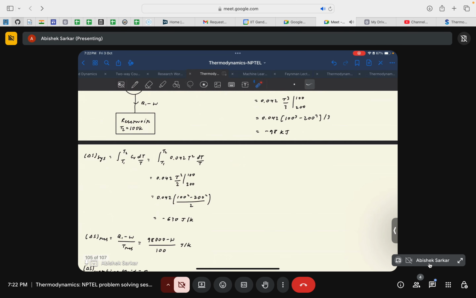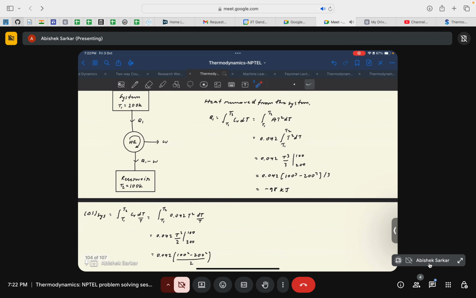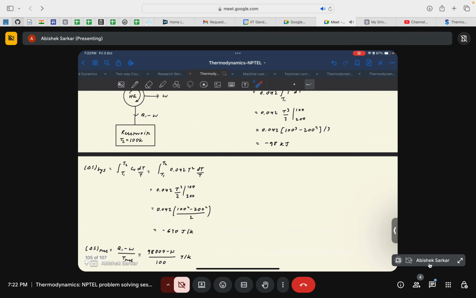Now the net change in the entropy of the system would be Cv dT by T, since it's a constant volume process that we need to consider. Then the second part, again, I think it's just better if I write it. We have